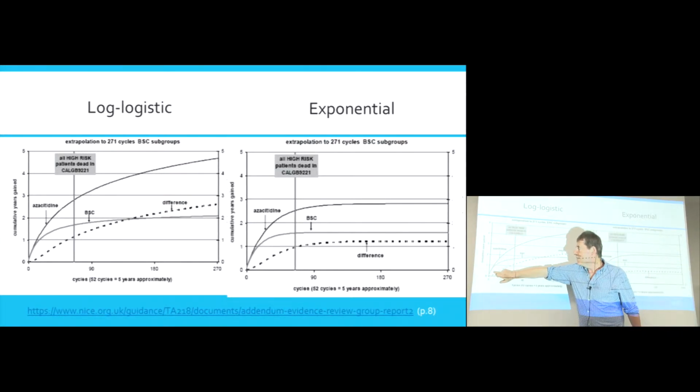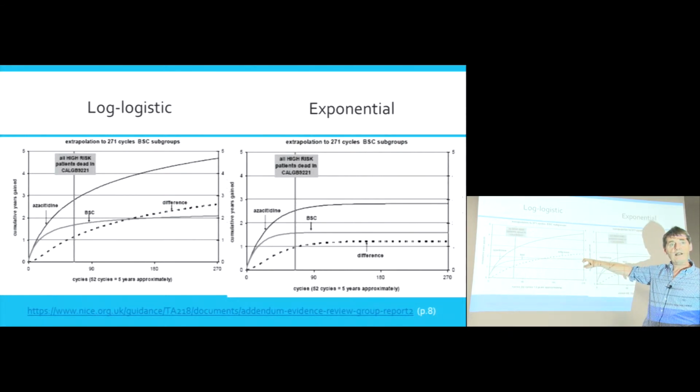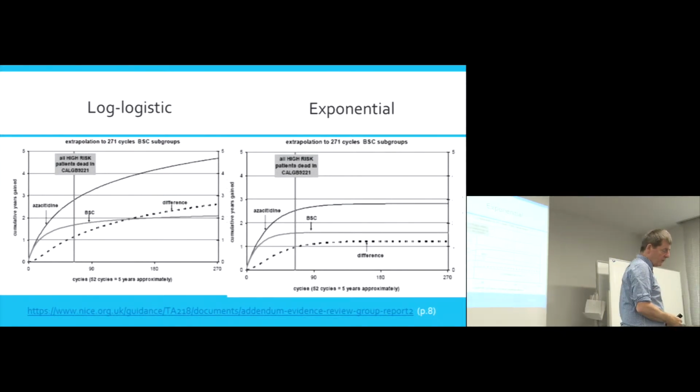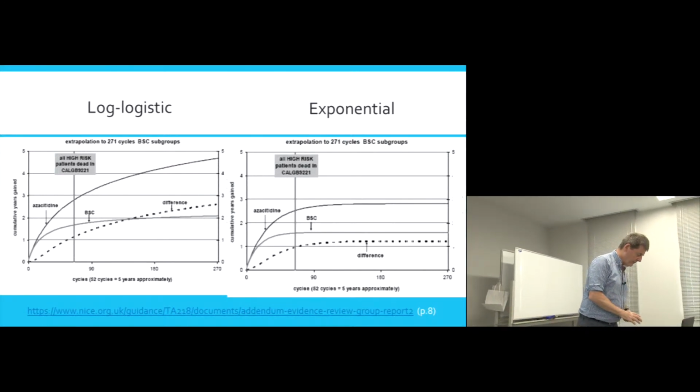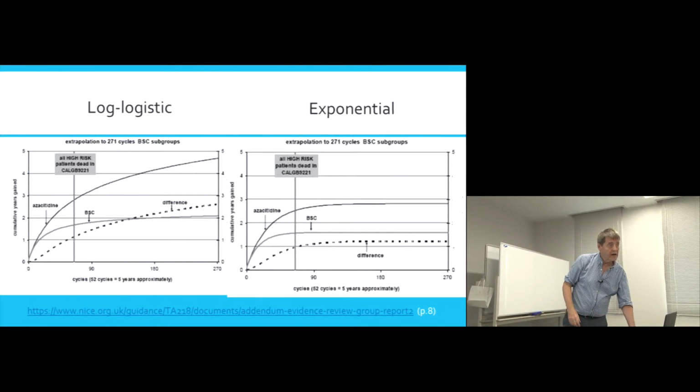We can contrast that with the best supportive care, which levels off a bit sooner, and by, well, what would that be? By about 10 years, virtually everybody is dead and there's not additional years of life being gained. Okay, so those two curves, using a log-logistic model, using the data from the trial, predict for yes? Yeah. So that comes from a trial comparing azacitidine versus best supportive care.